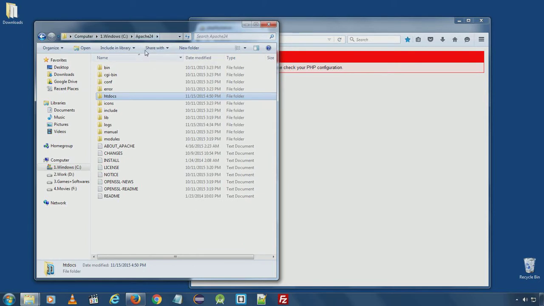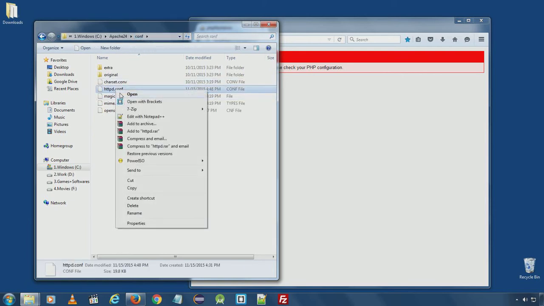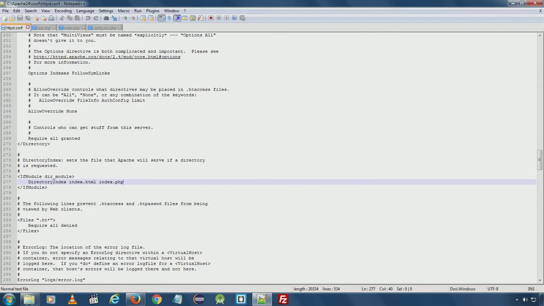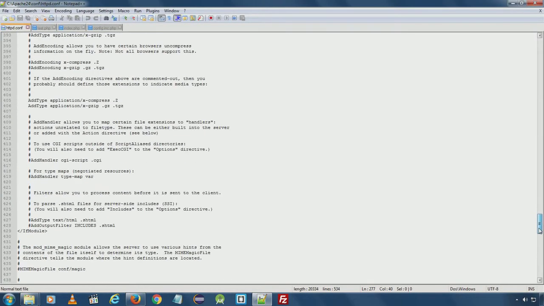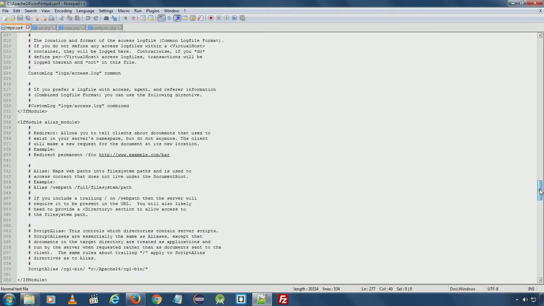So we need to go to Apache 24 folder, conf folder and open httpd.conf in Notepad.